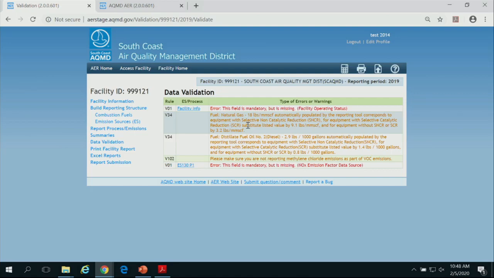The tool, when you select the default, picks the highest one. This warning tells you, hey, these are the emission factors. If you don't agree, go fix it. And of course, less emissions translates into less fees, so you would like to make that adjustment.